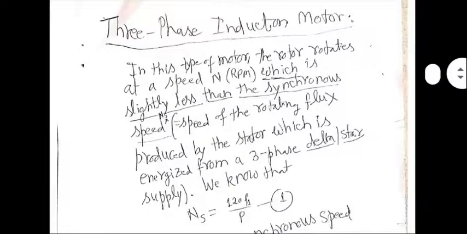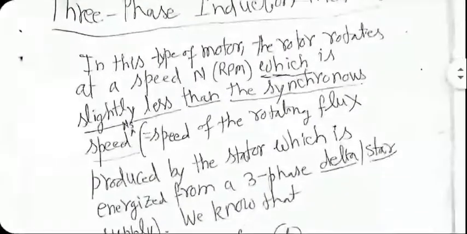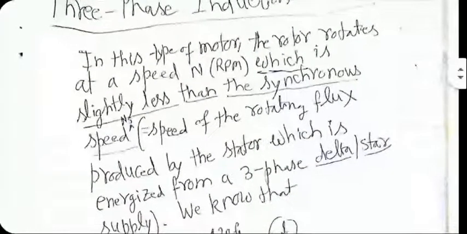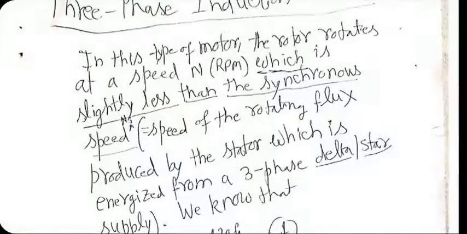And not only that, the rotor conductors are short circuited with each other using rings on both sides of the rotor in case of a squirrel cage construction, or using other techniques if we don't have a squirrel cage construction. All that was discussed a lot in the past also.